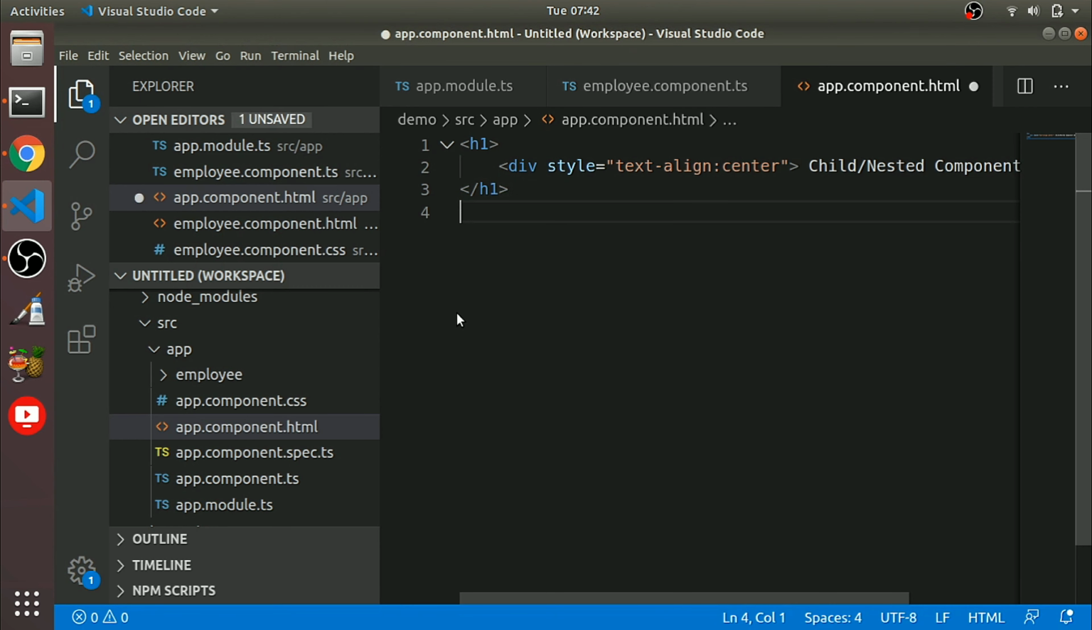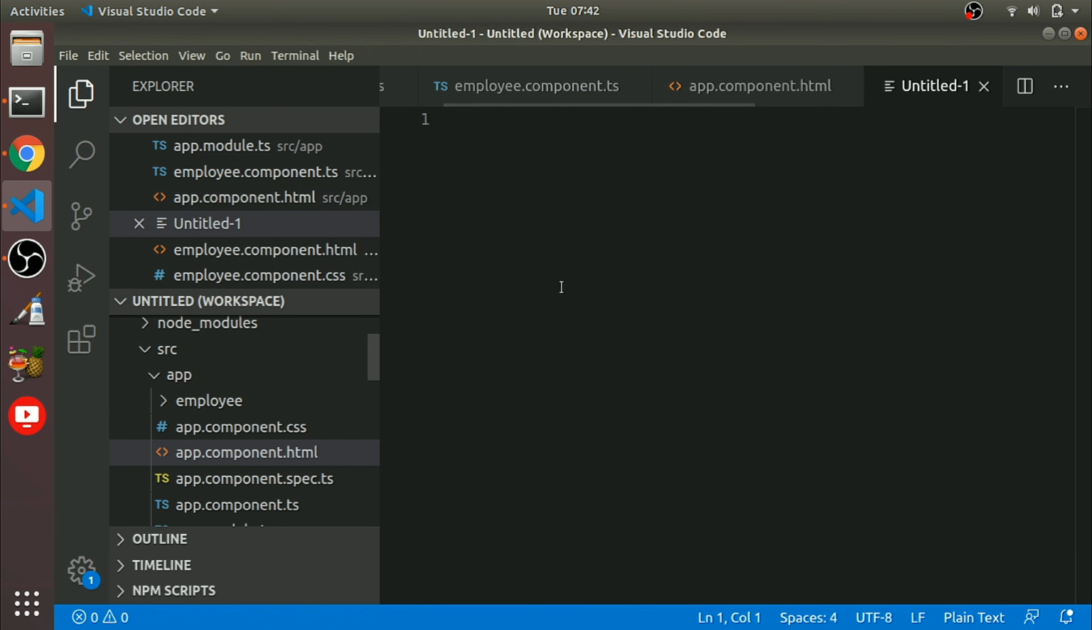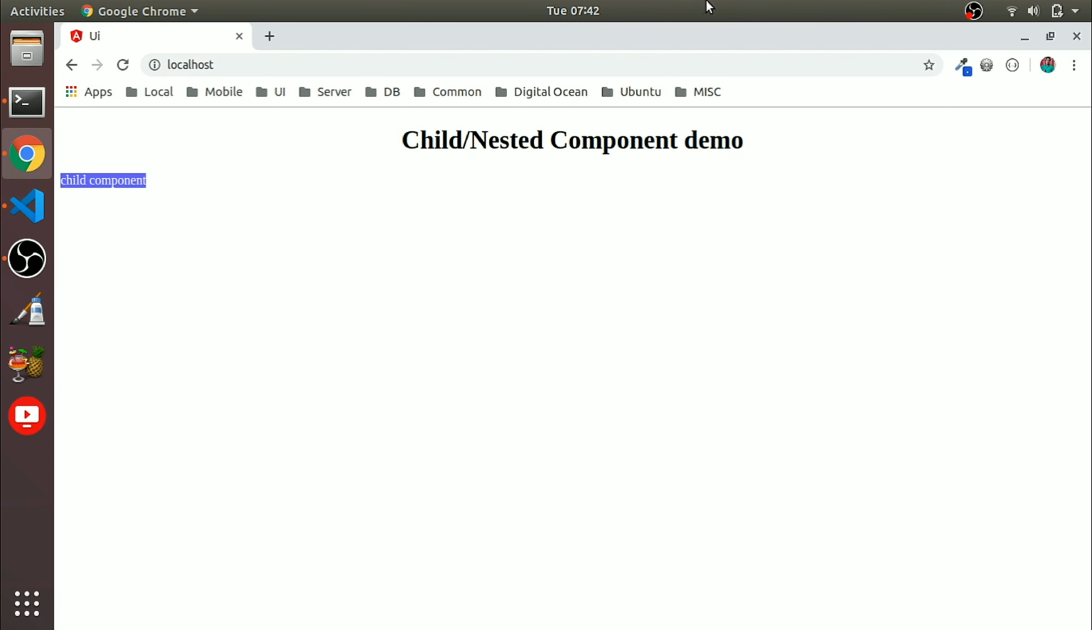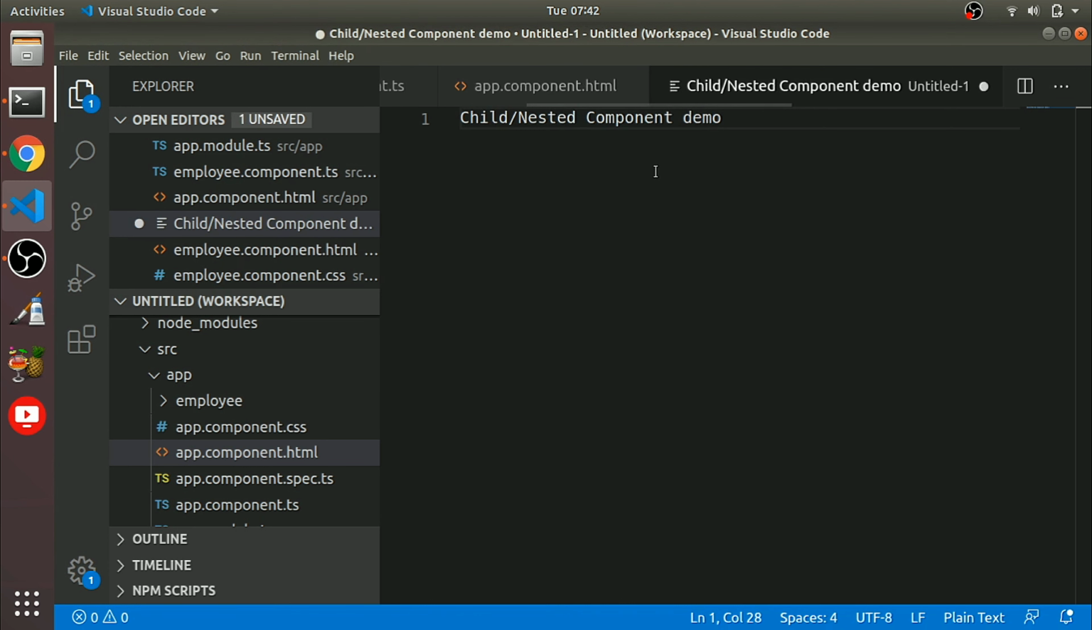So what we need to do? We need to put like this. Just save. It's coming, child component, right? So what are the steps? So I'll create a note here, child slash temp component. Step 1,